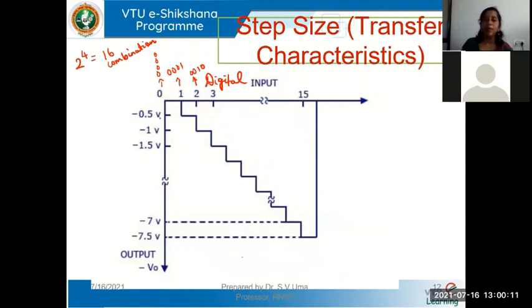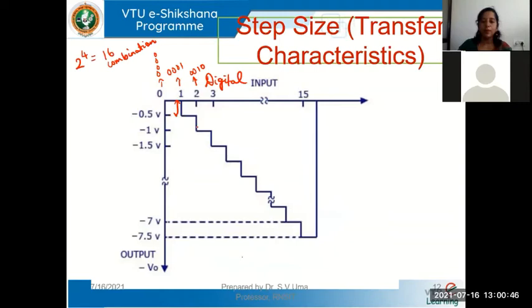And the corresponding analog voltage values in this circuit would be, I would have a voltage of minus 0.5 volt for one. I'll derive it and show it next, how it will be minus 0.5. So for 2, it will be minus 1. So what would be the step size in this? What is the size of the lowest step? For input value 1, the step size will be around 0.5 volts. So in this case, the step size is around 0.5 volts.